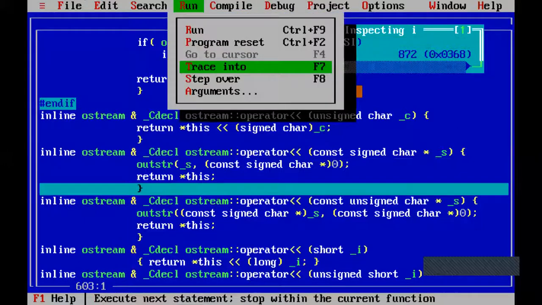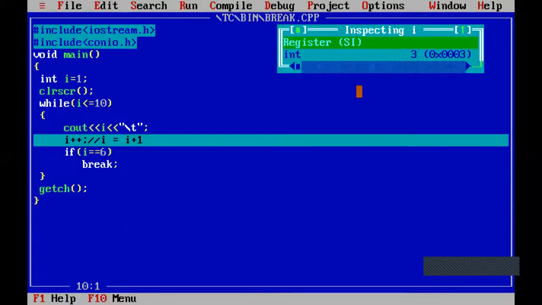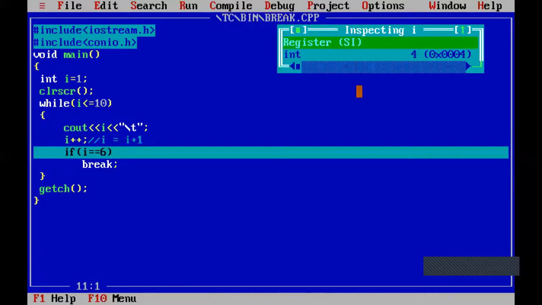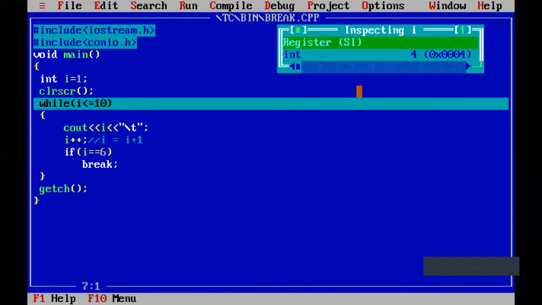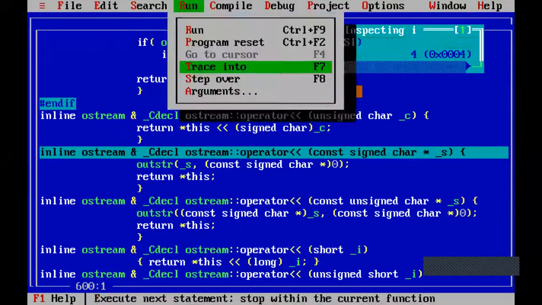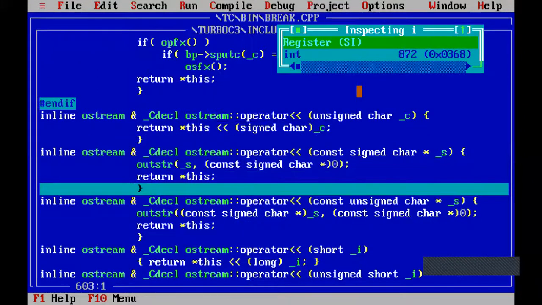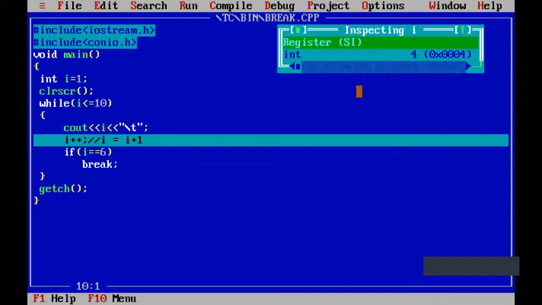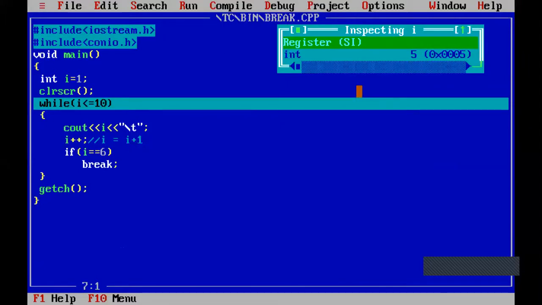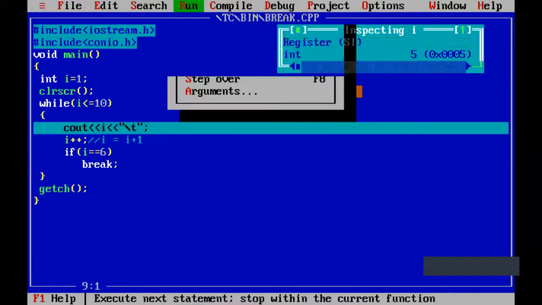Next, i++ increases the i value by 1, so i becomes 4. 4 is not equal to 6, so again it will start from the condition. It will print the value of i, that is 4. Again i = i + 1, that is i++, and the i value will become 5. Is 5 equal to 6? No, so the break statement will not execute, and it will start from the first again.